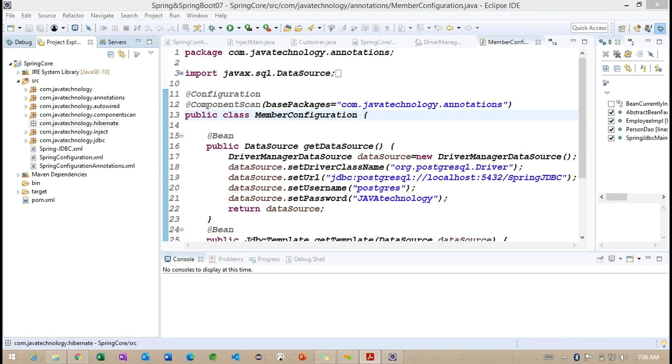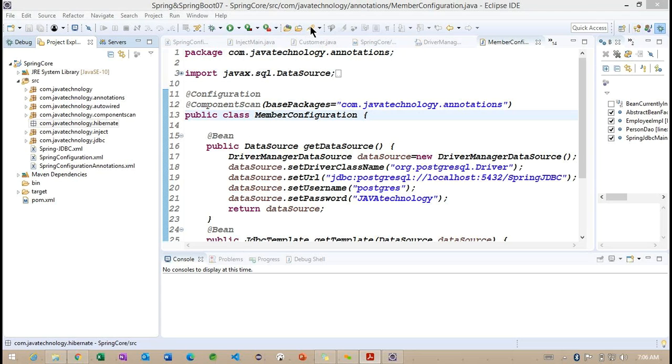Persistence is nothing but whenever we store data or communicate with any database, how we share the data between our business logic and our databases. This concept we call persistence. We have a complete solution for this persistence.